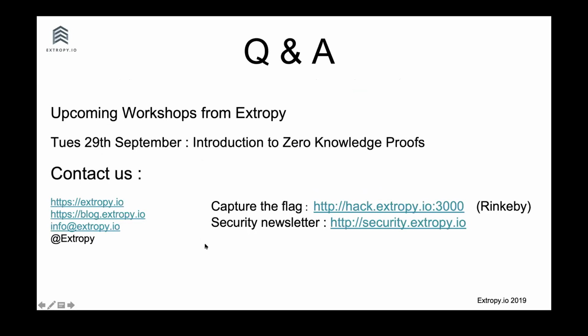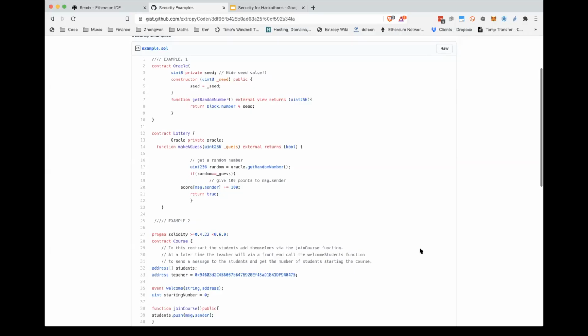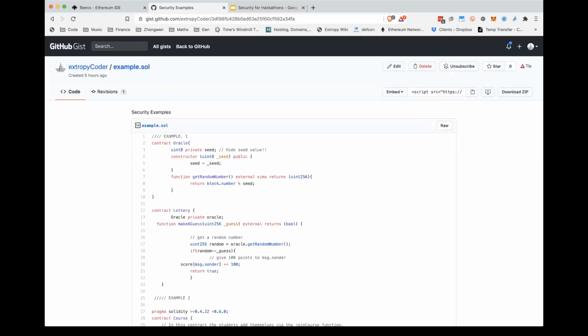Okay, so before we do the Q&A, I wanted to go through, if we have time, some of those puzzles I sent you. Let me just go back to that. So stop sharing that one and instead share this one. Okay, hopefully you can see the gist there. If not, please say. Okay, so the first example,